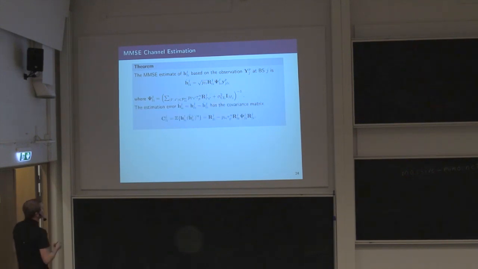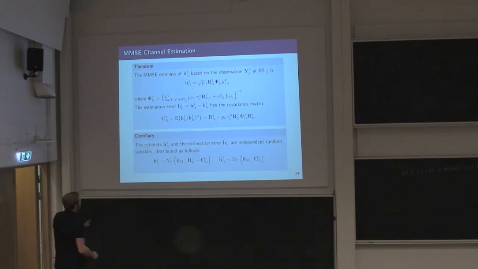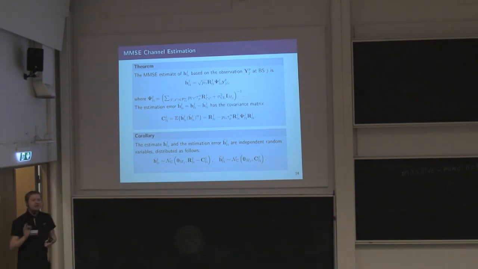And from this, one can also compute what will be the estimation error. That is the true channel minus the estimate. And this has a particular structure for each covariance matrix as well. It's the original covariance matrix of the thing of interest minus something. And this looks a bit ugly due to all of these different indices here. What's important is that when we have established something like this, there is a nice way of generating estimates of the channel and